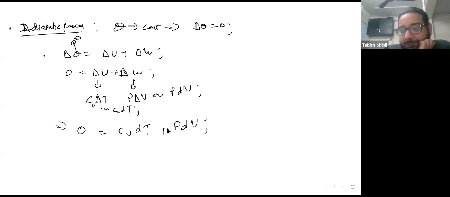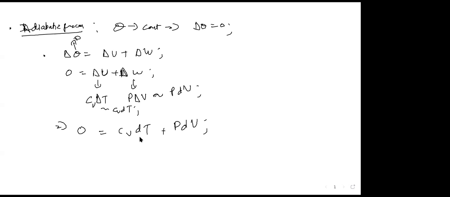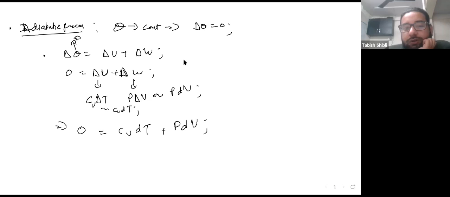So what does this mean? So, you're writing it as Cv dT, but the volume is constant, and the very next thing is P dV. No, no, no. So when I was